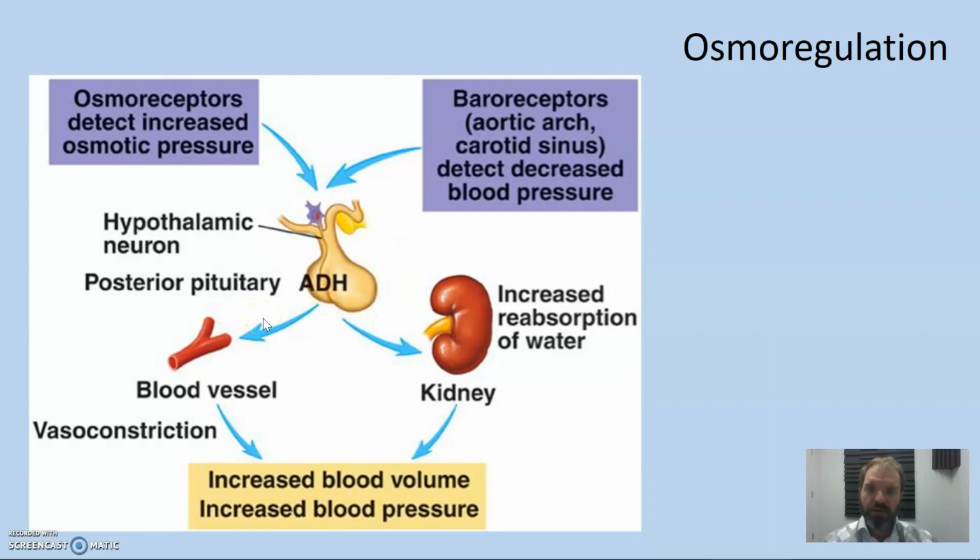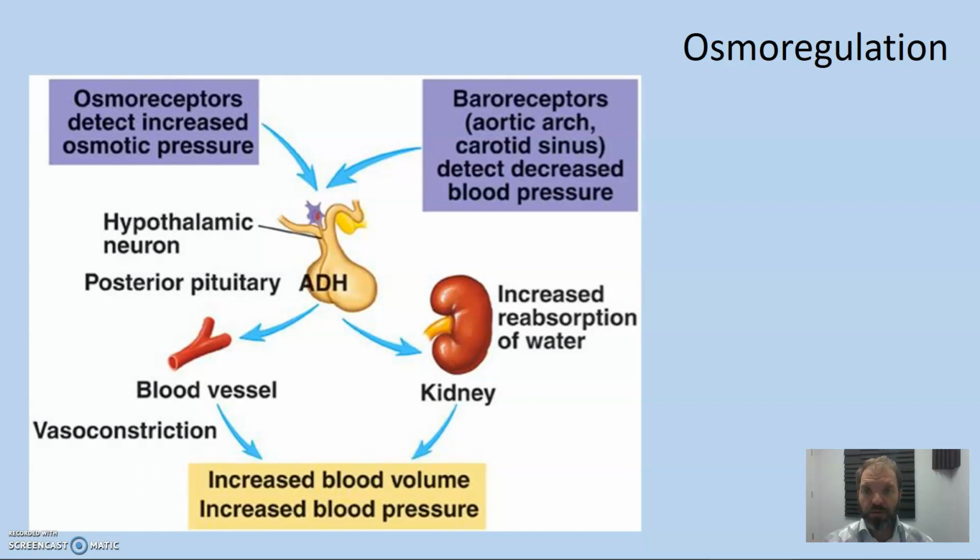Now, blood pressure and blood volume and dilution can be controlled by expanding and contracting, dilating blood vessels, which changes blood pressure, and then how much water is reabsorbed by the kidney during that reabsorption phase will also control obviously blood volume, blood concentration, and blood pressure. So if your blood is getting more and more concentrated, it means your body is drying out, as it were, and so there will be more water reabsorbed by the kidney, which means there's less urine, highly concentrated urine, but